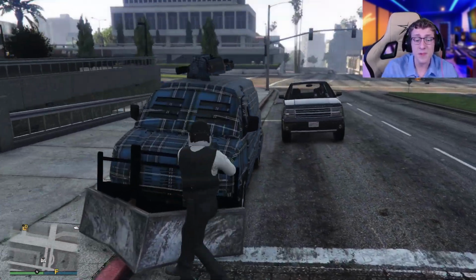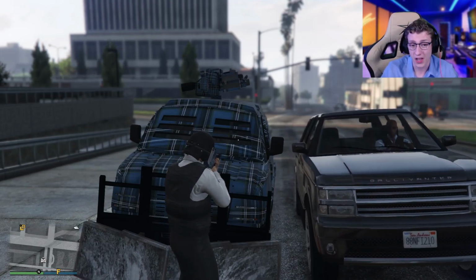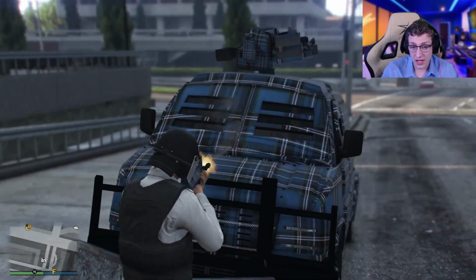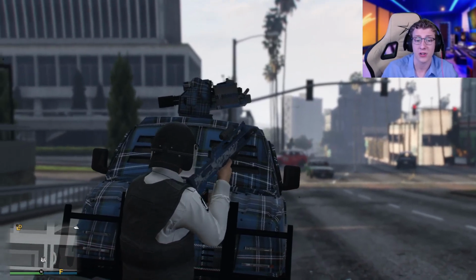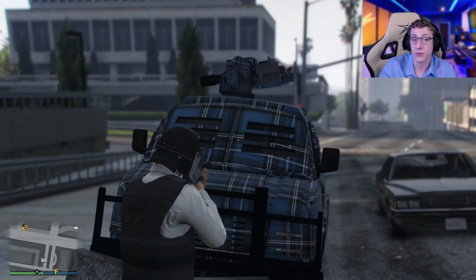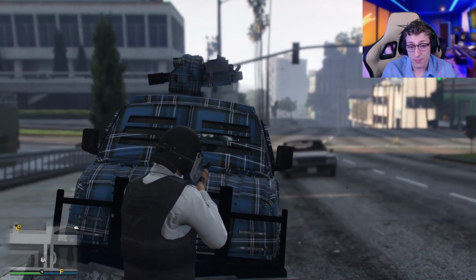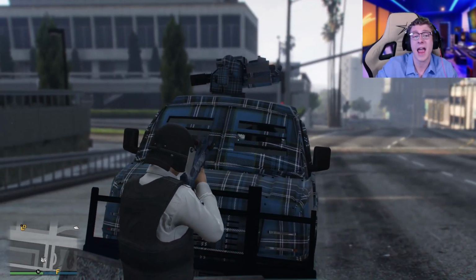As well, the Vapid Speedo Custom, unlike the weaponized Tampa, actually features some bulletproof glass. First of all, this metal on the front counts as solid metal. You can see if I shoot the actual metal, it's not going to damage the occupant whatsoever. That means that dealing with especially AI that don't have the best aiming, it's very solid. But even better than that, the glass itself is semi-bulletproof. So what that means is you have to shoot through the glass for a while before you can actually start